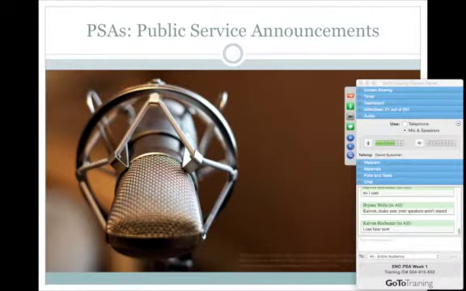Who can give me an example? You can either raise your hand if you want to speak out loud, or you can use the chat box below. But like when you hear those words public service announcements, what does that mean? Or who can give me examples? Because we need to figure out what a public service announcement is and what it isn't.